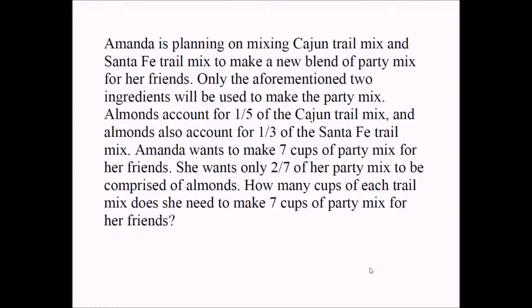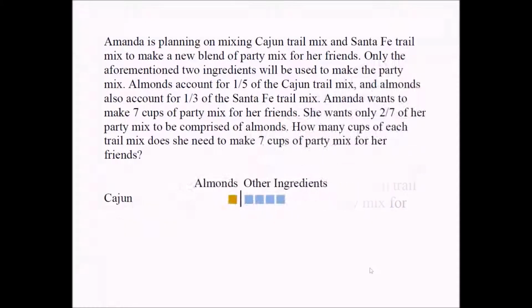She wants only 2/7 of her party mix to be comprised of almonds. How many cups of each trail mix does she need to make 7 cups of party mix for her friends? I'm going to solve this problem visually. Let's first understand the question. My question is right here